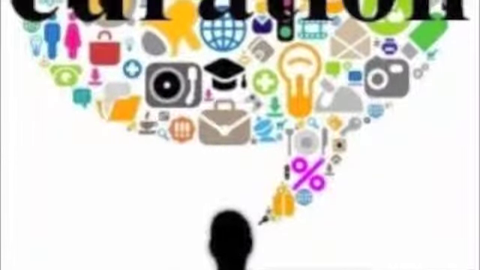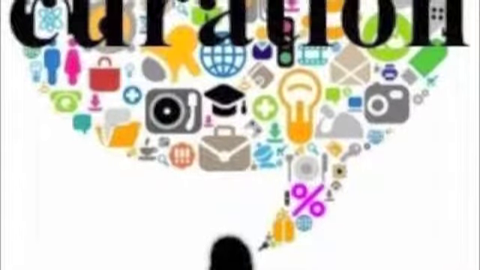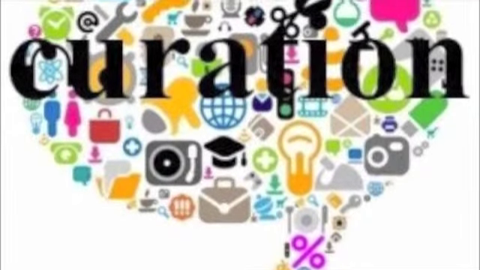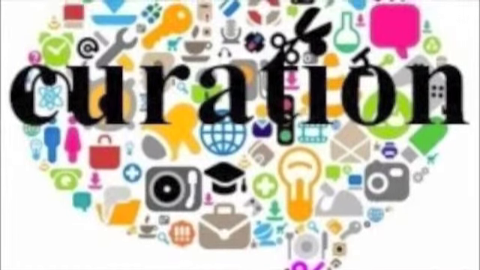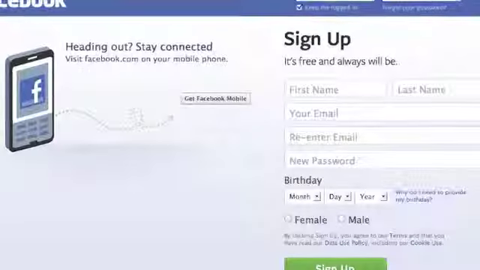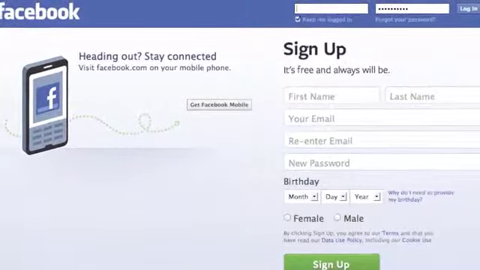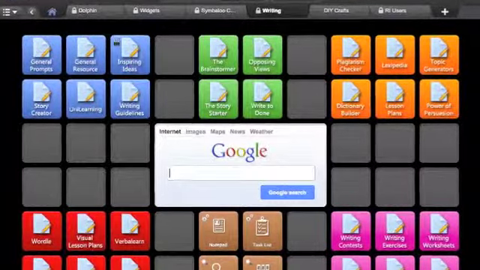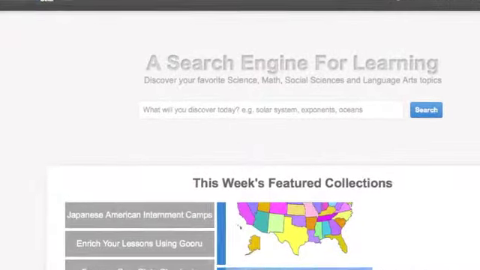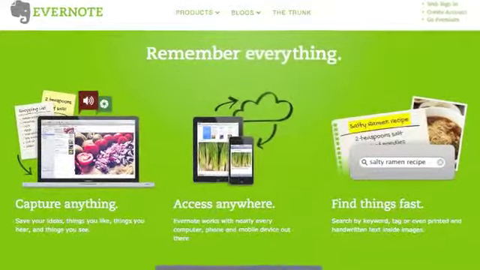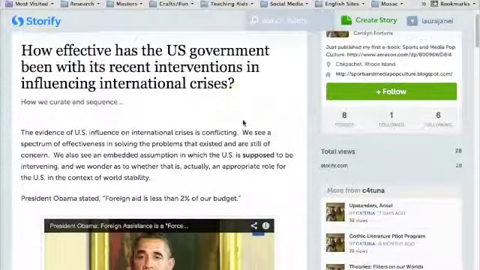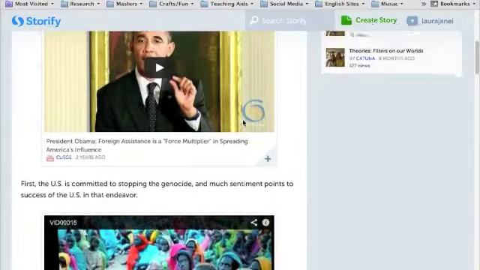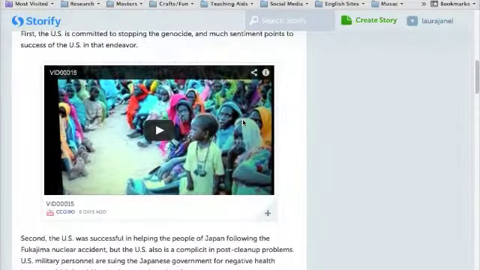Another one of the digital literacies I learned more about this week was online curation. It was only after attending the Summer Institute that I realized how many online curation tools exist, and for different purposes. Social curation, like with social networking sites, interest curation, like with Pinterest, and academic curation, like with Symbaloo, Guru, and Evernote. There's also a new hybrid curation tool I learned about, which is Storify, and it can be used for academic or social purposes, or both.